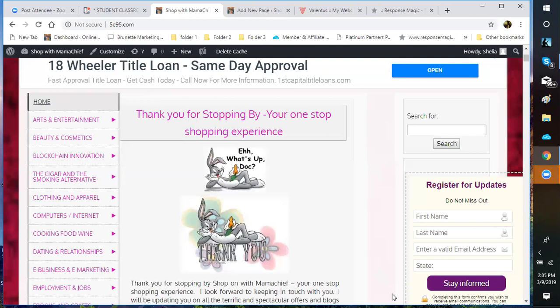As far as the wine, I don't drink wine. But the thing about it is yes, when you get into the wine club, you have to have that monthly wine shipment. That's part of the club, just like with Valentis. You have to have that monthly order in order to qualify for your commissions. You can either come in as a customer or you can come in as a brand partner for the wine. You still will get a link that you